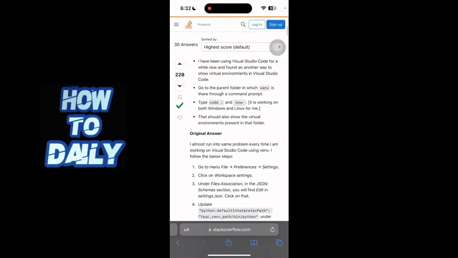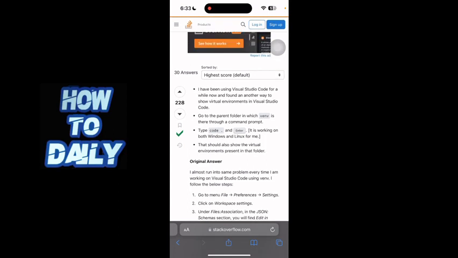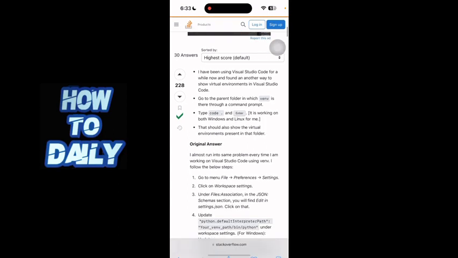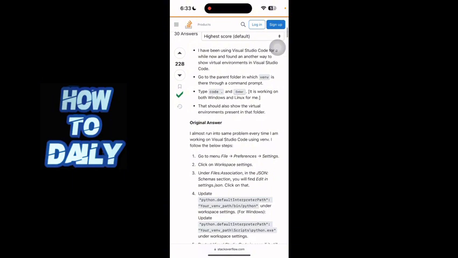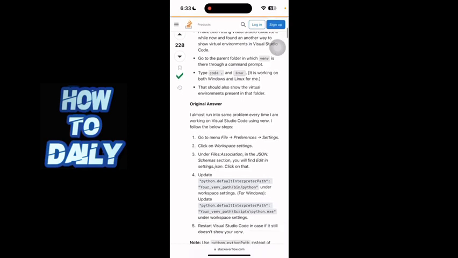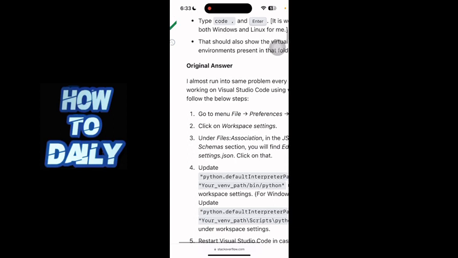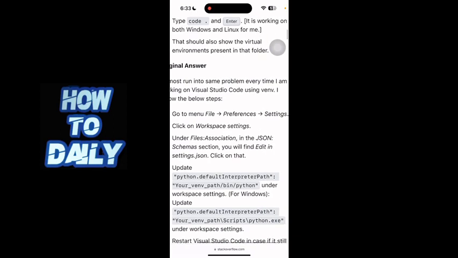Okay, so I'm on this Stack Overflow website. So first of all, you have to open up Visual Studio Code on your Windows PC, and then just go to menu, file, preferences, then settings, and then just click on workspace settings. Under files association, in the JSON tab, schema section, you will find edit in